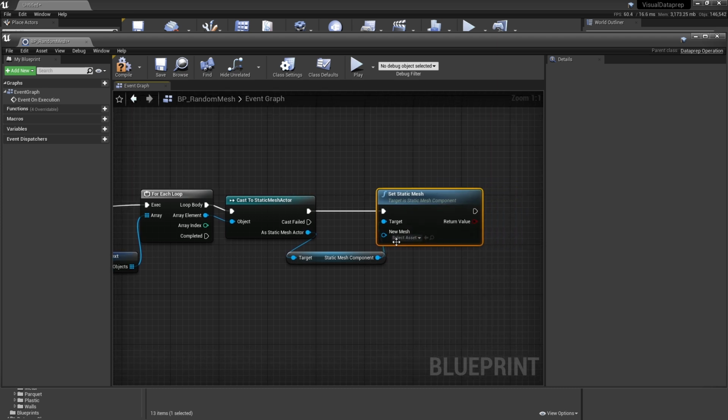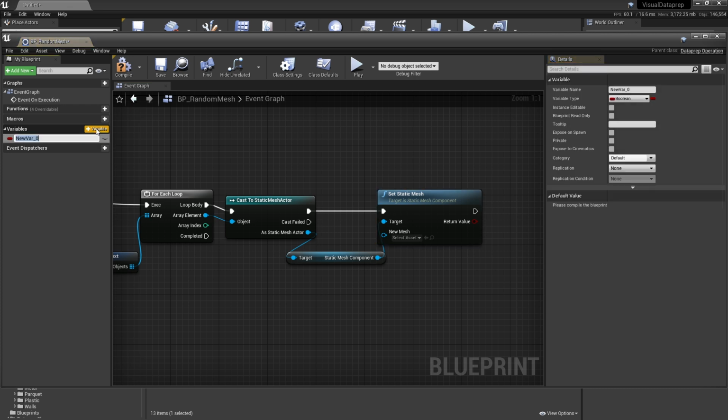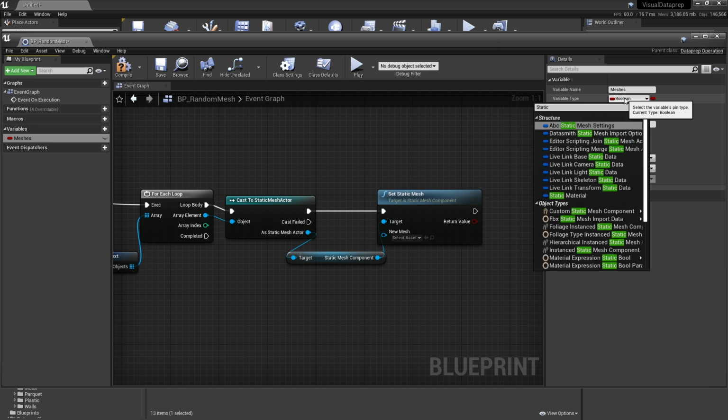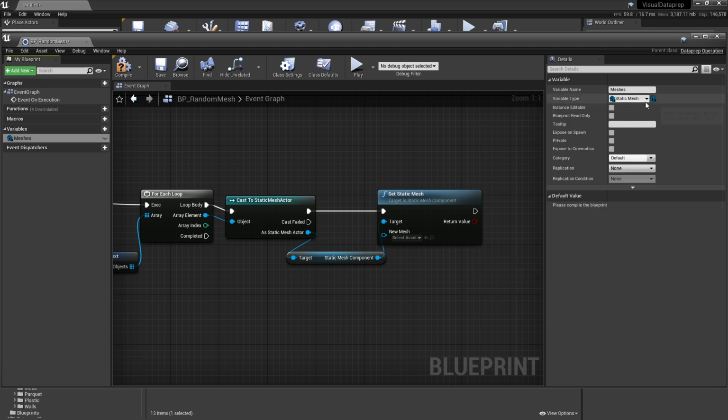Bring this up. And then what mesh do I want to put in there? Well, let's create a variable. Let's call this meshes. Let's set it as a static mesh. Let's set that to be an array.